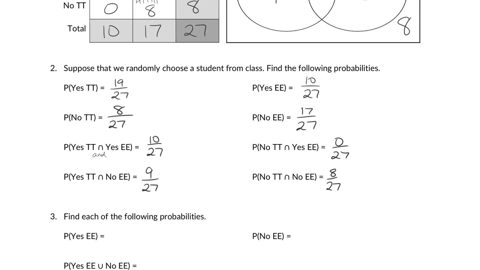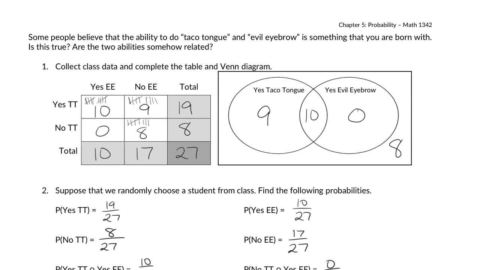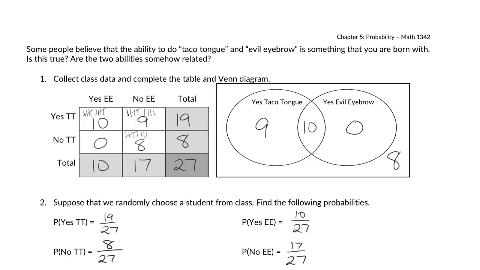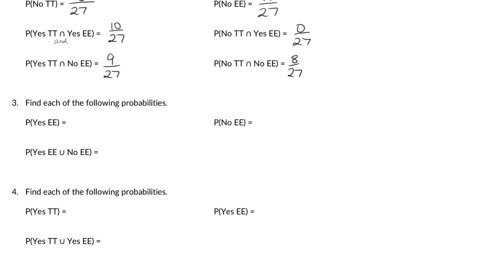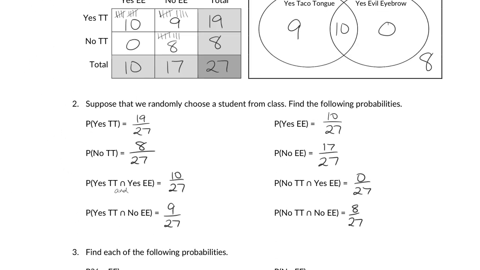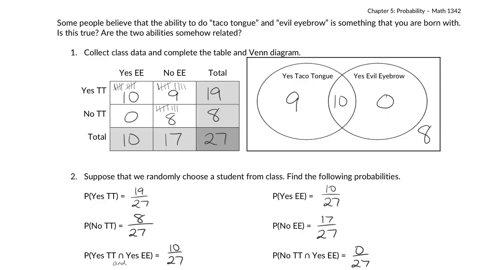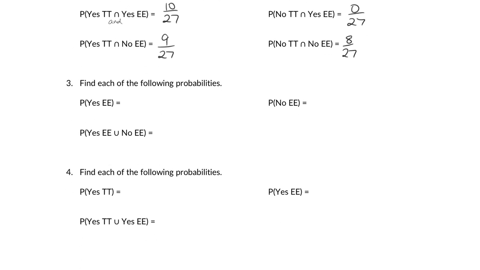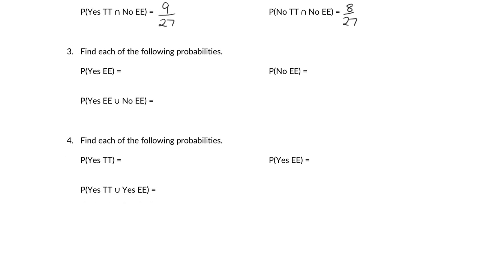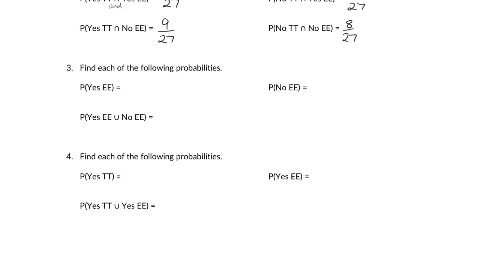Now we can start answering more complicated questions. I'm not going to be able to show you both because of the way the screen is, so make sure you're looking back at those numbers this whole time. In fact, let me take a picture of it so that I can look at the numbers at all times. Okay. Find each of the following probabilities. Two of these we've already done, so it's just copy paste.